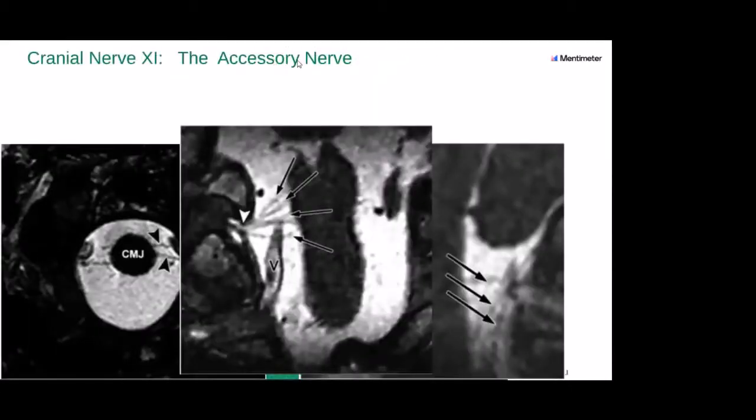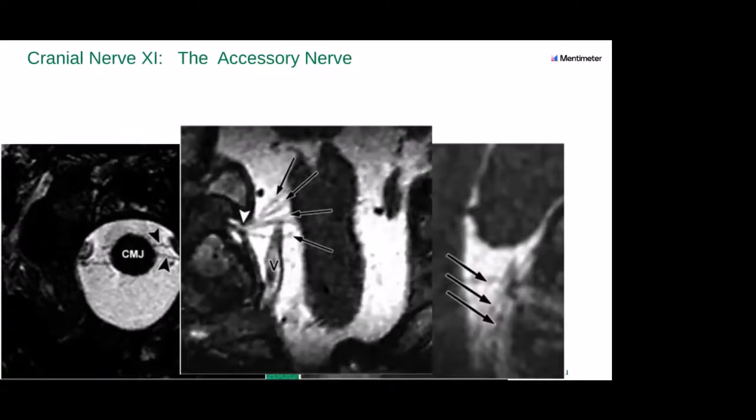The accessory nerve, the important thing about the accessory nerve is that it has cranial parts and spinal parts. The cranial parts arise at the level of the lower brainstem, and the spinal parts come from the upper cervical segments, then they run along the foramen magnum, and then they enter into the posterior cerebellomedullary cistern, and then